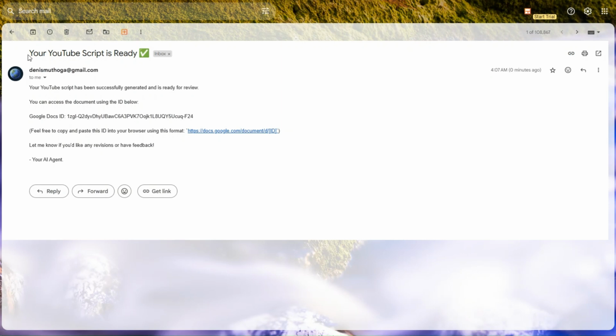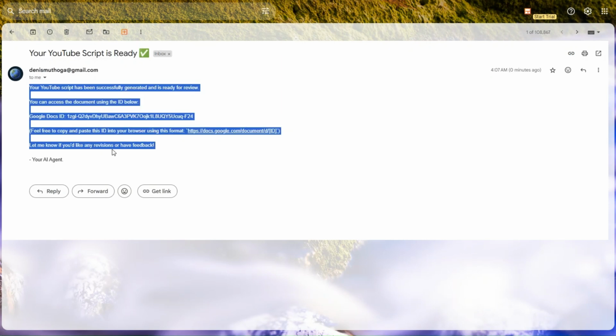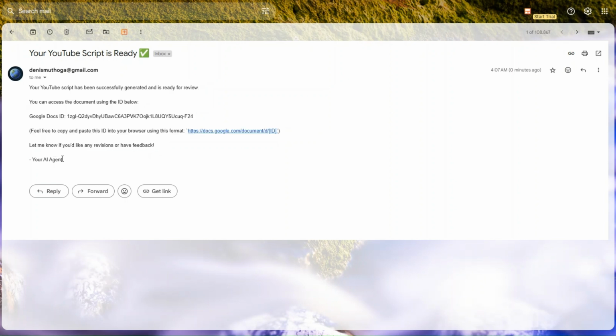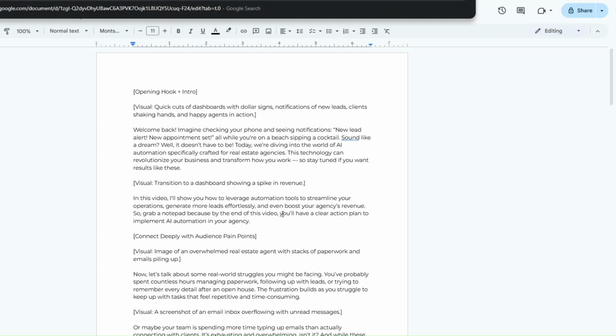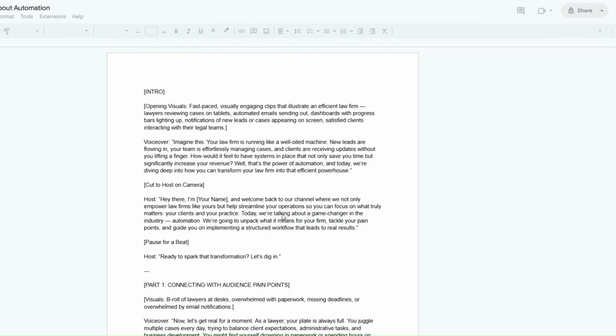Email. You can see the email address that we sent ourselves over here. This is the subject line, and this is the email body. And this time around, you can notice that we removed the n8n notification from our email. So to open our script, I'll copy this unique ID and go back to our Google Docs. Then I'll paste the unique ID in the URL,